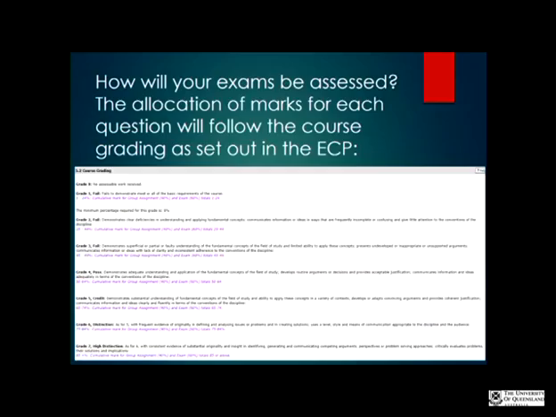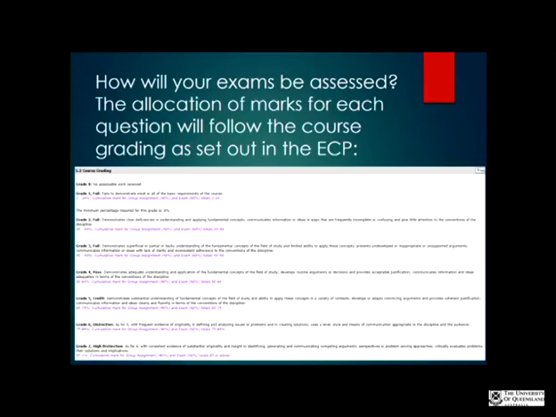Okay, so an adequate understanding and application of the fundamental concepts would be the material that we've delivered to you in the lectures, the practicals, the things you've covered in the group assignment and so on. If you gave me that in your answer, that's a pass. So it's reasonably easy for you to get 50% of the marks in each question, and then it becomes more difficult as you go up the scale.